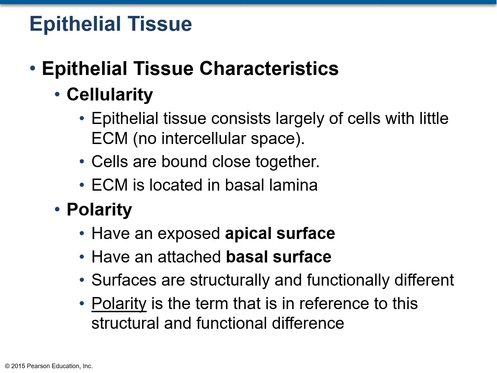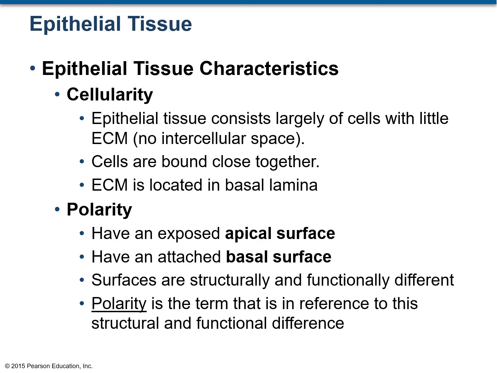Epithelial tissues have several important characteristics or features. The first one is cellularity. That means the epithelial tissue consists of several layers of cells. It is made up of largely cells, and there is absolutely no intercellular space. So there is very little extracellular matrix, and whatever matrix is present is located in the basal foundation of the epithelial tissue, which is known as basal lamina. So if you look at the histological section of epithelial tissue, it would look like a brick wall where every brick is a cell.